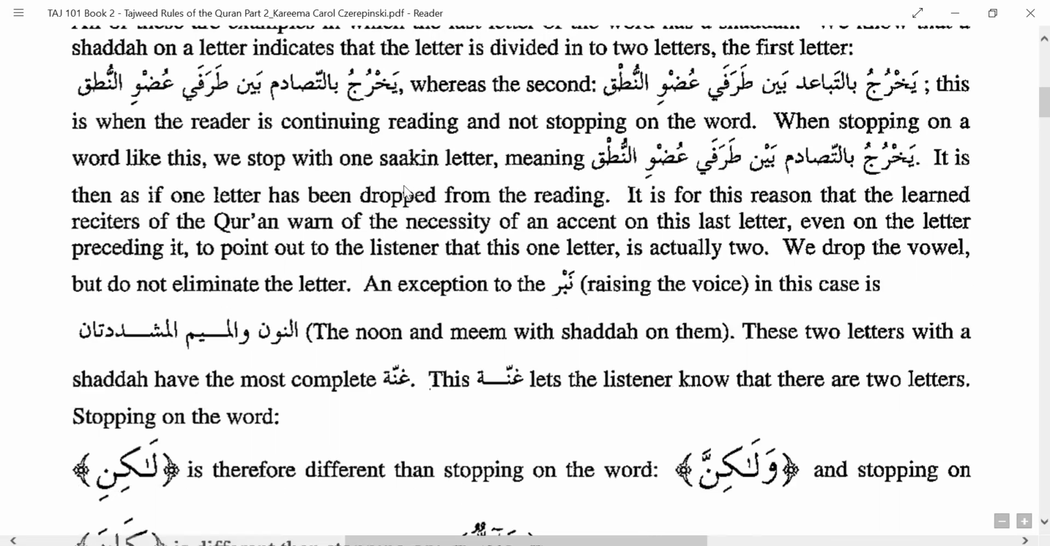So that is what is mentioned here. The reason why it will sound as though you have dropped the letter from the reading. So you will just drop the vowel, which is the haraka, which is the fatha, kasra, dhamma, tanween, but you will not eliminate the letter. Exception to this,